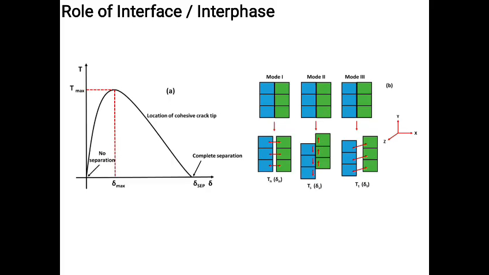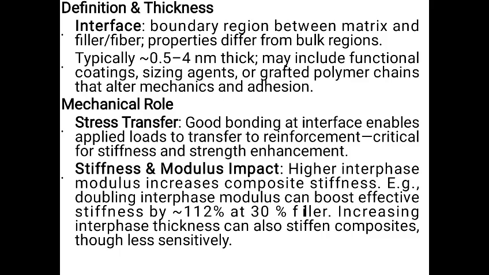Here we shall see the role of interface. Interface is the boundary region between the matrix material as well as the nanofillers, and they are typically 0.5 to 4 nanometer thick and may include functional coatings, sizing agents, or grafted polymer chains that alter the mechanics and adhesion properties. Mechanical role. Stress transfer. Good bonding at the interface enables applied loads to transfer to the reinforcement,